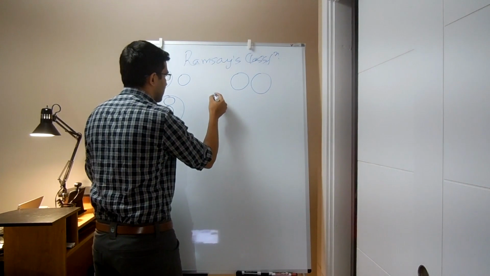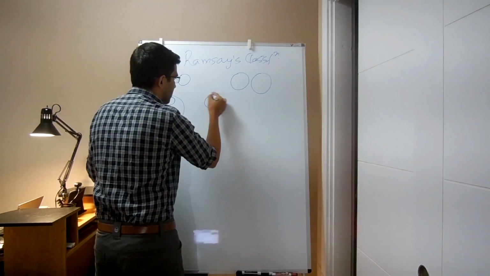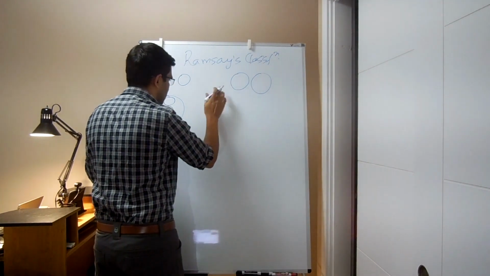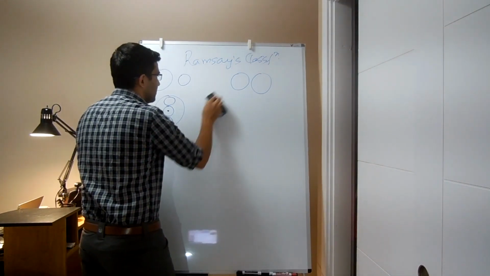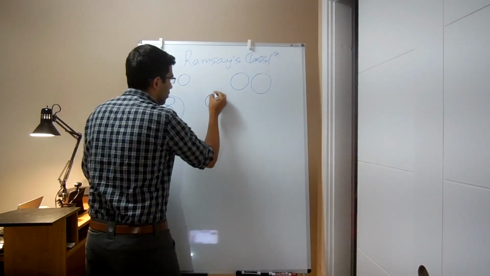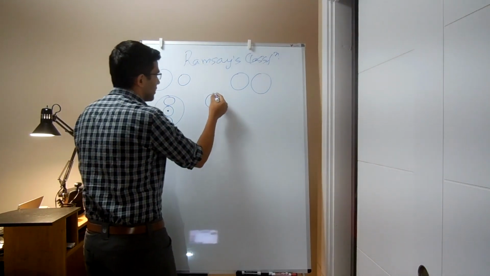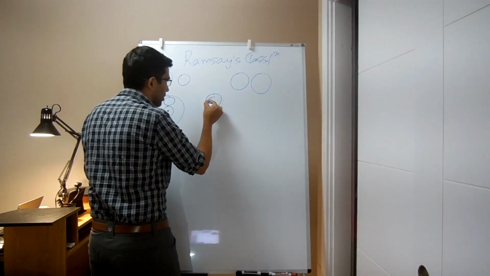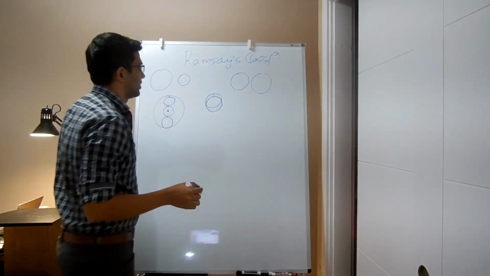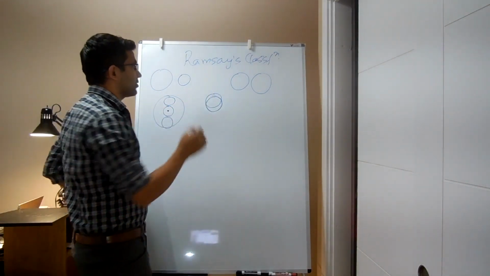Another case is when I have two circles of the same size. Maybe they do not look the same here because I don't have a protractor or a compass. You can't have a concentric arrangement over here because they are of the same radius. So I have something of this sort, where both are of the same diameter or same radius.